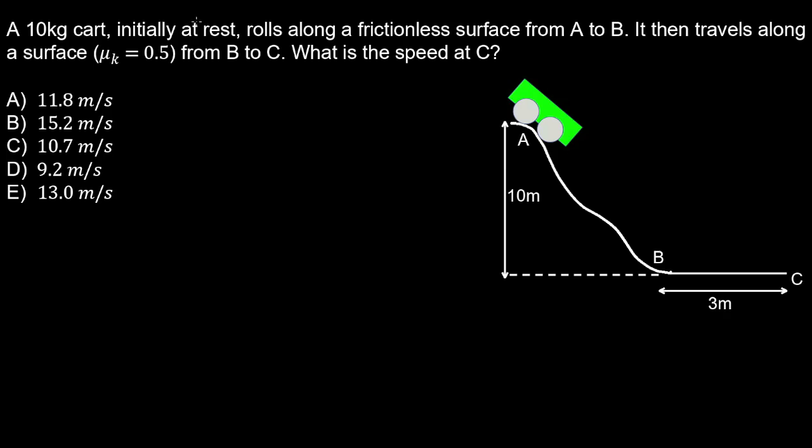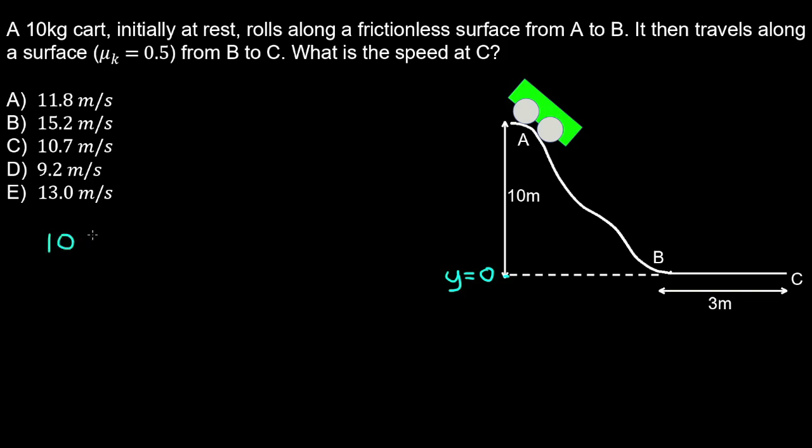A 10 kilo cart, initially at rest, rolls along a frictionless surface from A to B. It then travels along a surface with a kinetic friction coefficient from B to C. And what is the speed at C? So taking our reference point at y equals 0, and taking a conservation of energy from A to C, we have the potential energy at A